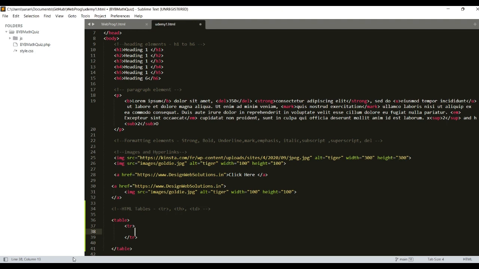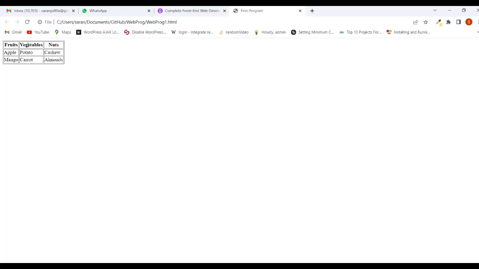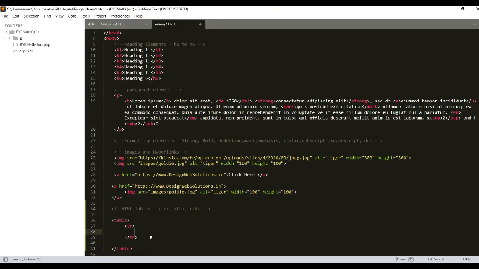Next, in this table, the first row is the heading, right? And the first row has 3 columns. Inside tr tag, I'm going to use th tag. Th tag is used to create table heading. Here there are 3 headings, 3 columns, and each column is a heading. Inside tr tag, I'm going to use th tag to create table heading, th, closing th,